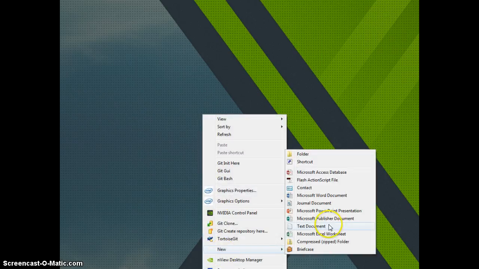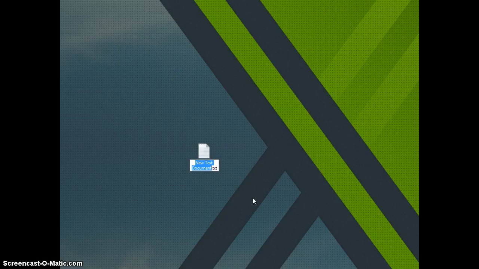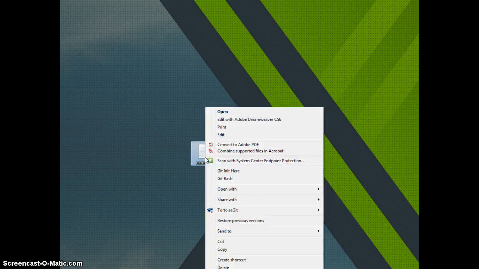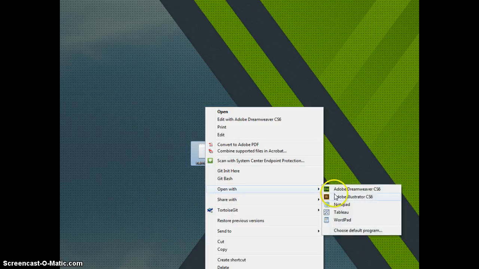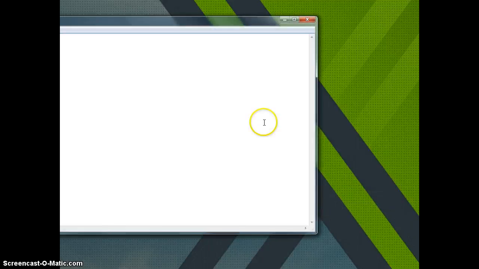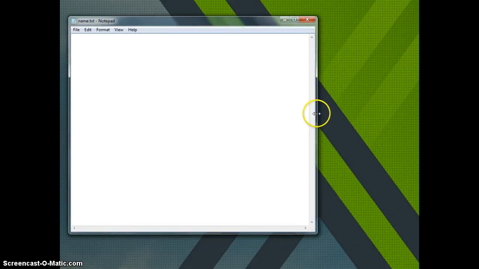But you just want to create a new text document. You can name it whatever you want, doesn't matter. But just right click on it and edit it. You can edit with whatever editing software you want. You can edit it in Dreamweaver or some other IDE. You can edit in just your computer's default editor, Notepad++, whatever you want. So I'm just going to edit it in Notepad